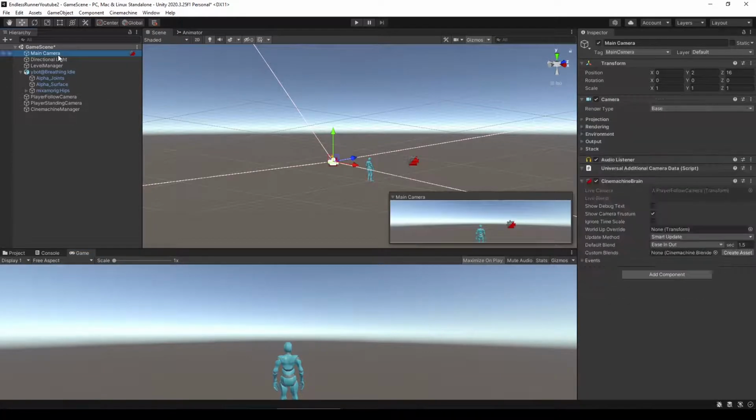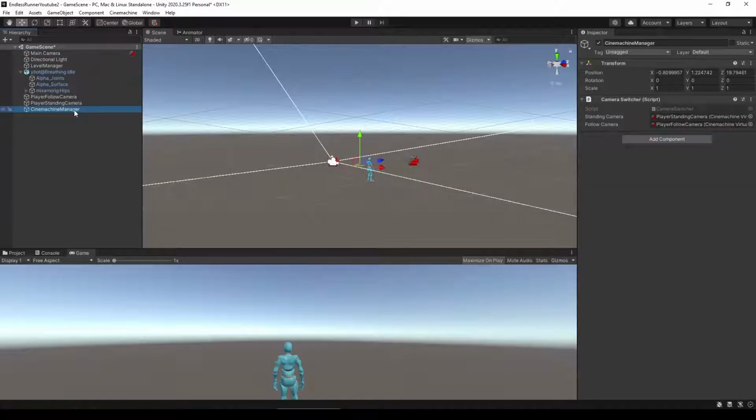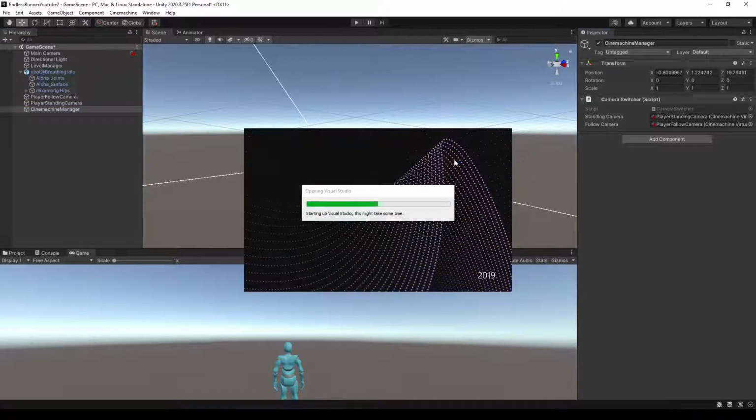In the main camera, it created a Cinemachine Brain, which is the controller for the actual Cinemachine, which controls how everything works. And the only script that I've introduced is I've created this Cinemachine game object, and I've attached a camera switcher to it. And if we open that up in our editor,